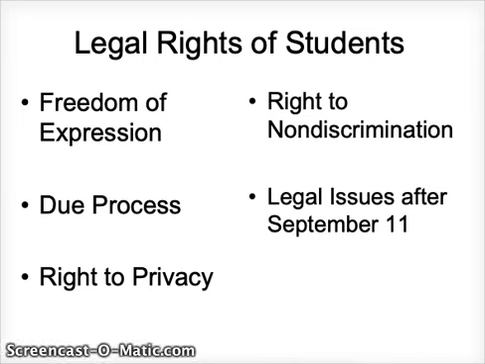A couple of other issues under right to privacy related to crime and violence have to do with the Gun-Free School Zones Act, which is an act that says there are no guns allowed within 1,000 feet of a school, and usually students are or could be expelled for a year if they're found carrying a gun. However, the Supreme Court, when we talked about court cases, remember, the Supreme Court actually struck down that law as being unconstitutional. So again, these are issues that are often worked out in courts as well, even though they're a legal right of students.